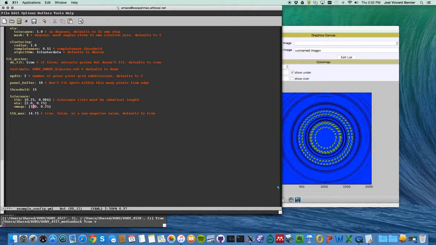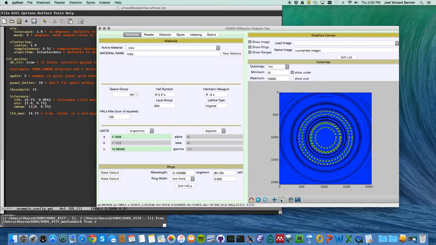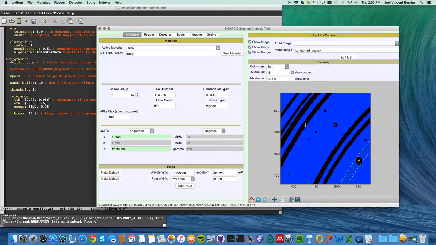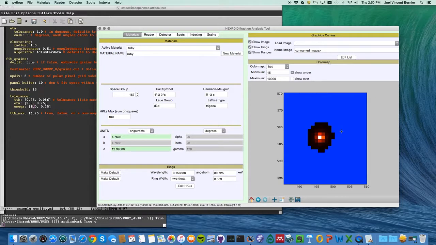So they are handled a little bit differently in that sense. If you want to go to this summed image that we have here and actually look at a given spot, let's just take a typical spot here. If you notice here, usually the width in eta and omega are equivalent because those are affected by mosaicity, orientation spread. But if I look on here, again, look at the eta channel here, this spot,